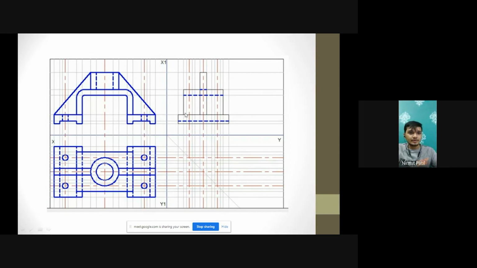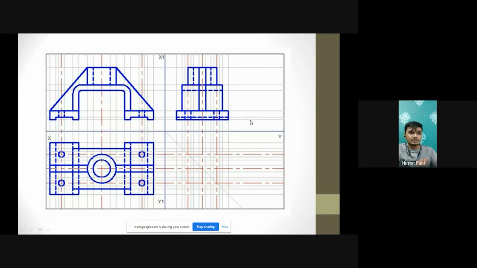We have to draw the upper part of the base, which is of the width 45 and 30 millimeter respectively. In order to draw the rib structure, we have to use the projection line, which is of the length 70 mm. Now, in order to finish this question, we have to use the projection line again and draw the hidden lines respectively, and the upper part of the structure, which is of the width 30 and length 50 mm.